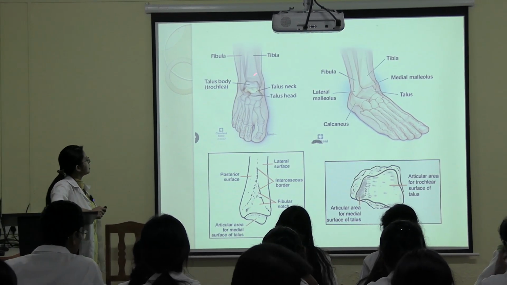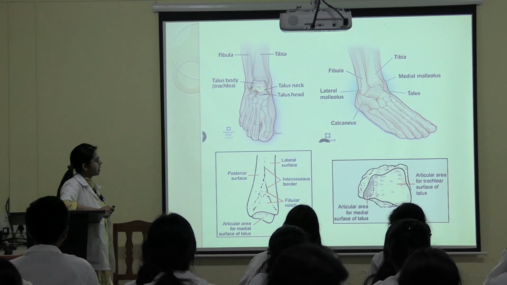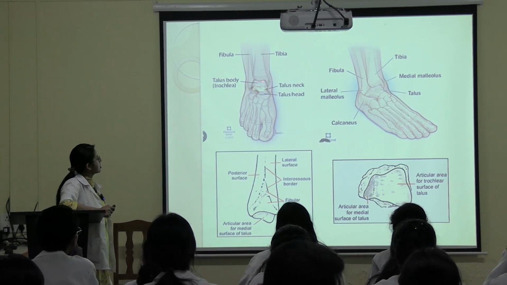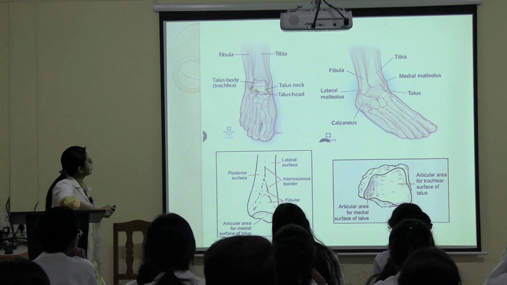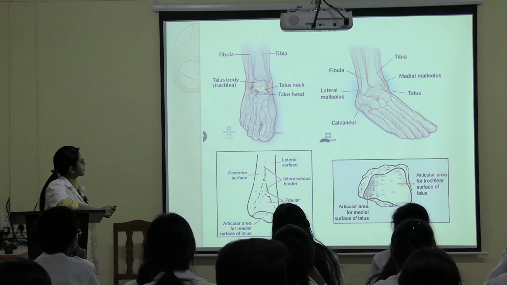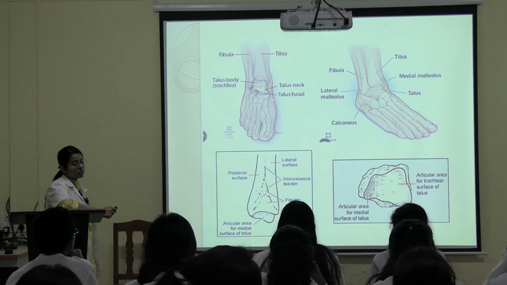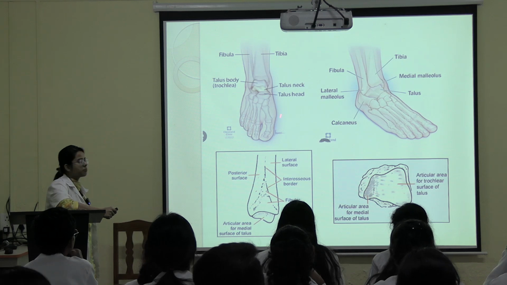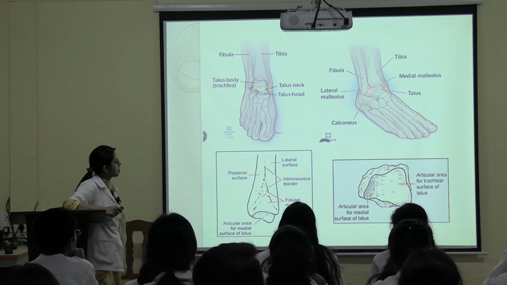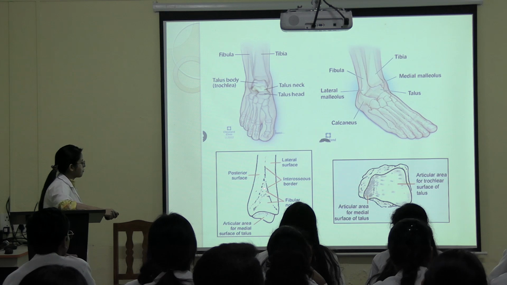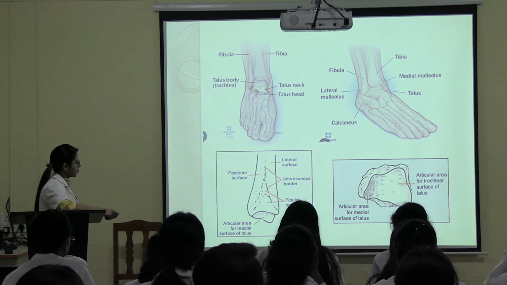So as you can see, this is the talus. This inferior articular surface of the lower end is articulating with the talus body, and the lateral surface of the medial malleolus is articulating with the medial side of talus. Is this the medial or lateral? Medial. Clear? Here also it's seen, and you can see the fibular notch, a triangular area.